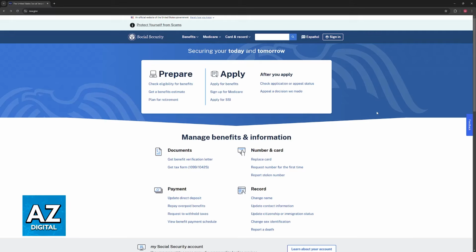So you have some ways to do this. You will either be able to do it online on your own, manually, or you can call one of the representatives through a phone number. So to start, if you want to do it online, all that you have to do is go over to your Social Security account page.